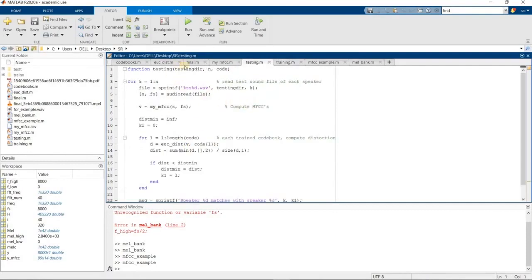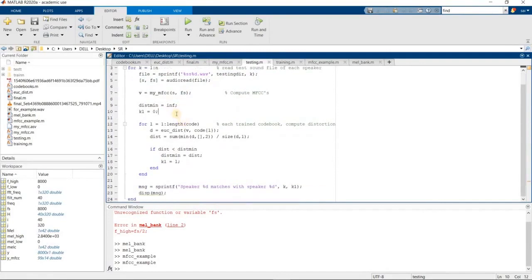Next step is testing. In the testing, we give the testing directory as input and the code obtained from the training session. Here we first order the testing files, then find the MFCC of those. The initial value of the minimum distortion is taken as infinite.